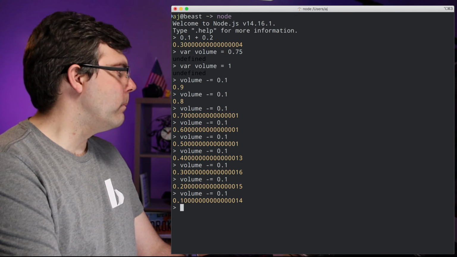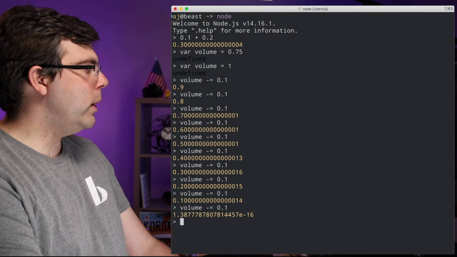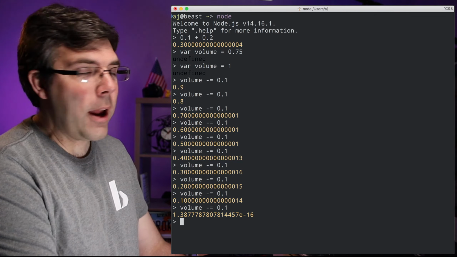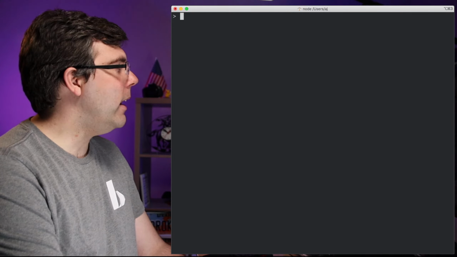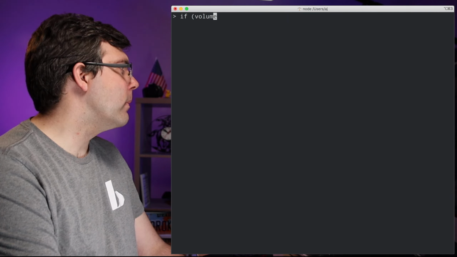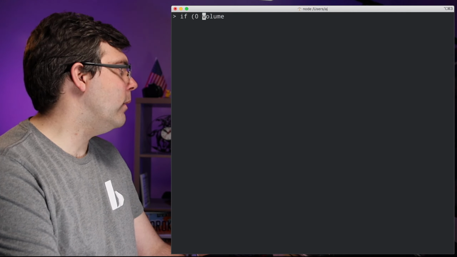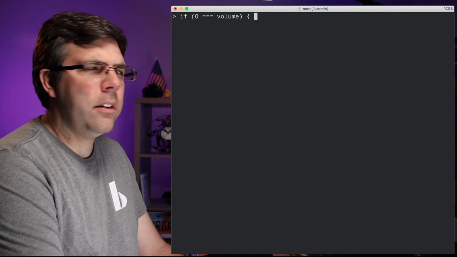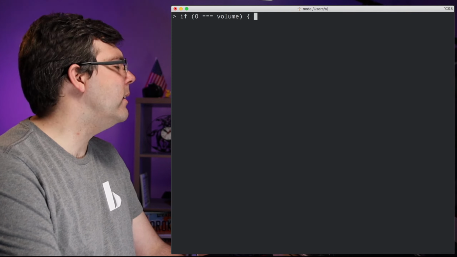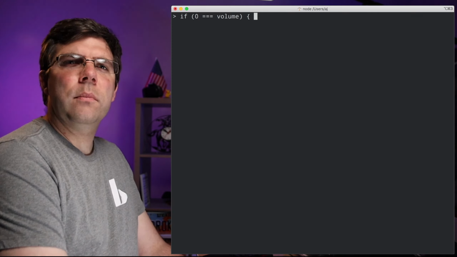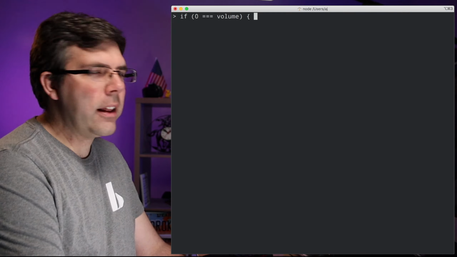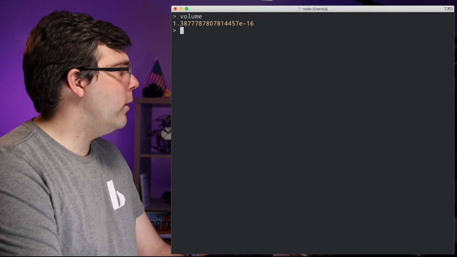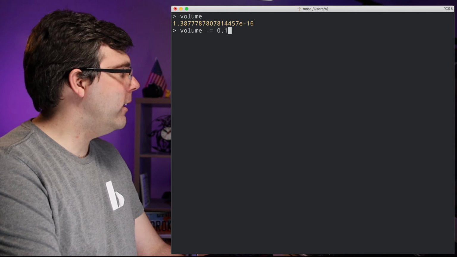Now, as you can see here, this is very bad math. When we get really, really close to 0, we get what appears to be a completely random number. So in my program, I had a check. Let me go ahead and clear the screen here. I had a check if volume is, I think it was something like if 0 is equal to volume, and then it had a pause button. I don't know if I set it to pause or if I changed the volume button to be grayed out, or I don't remember exactly what I did, but I had this. And as you just saw, when the volume is close to 0,